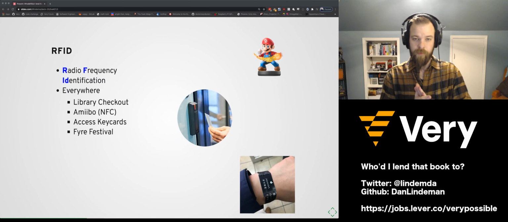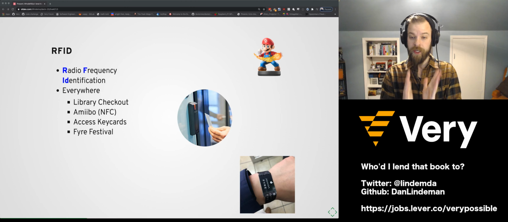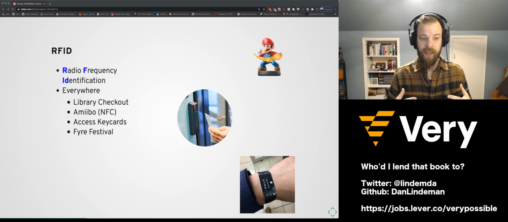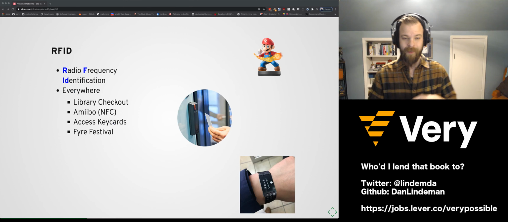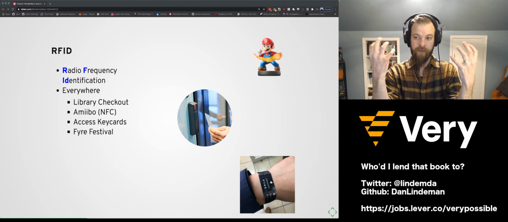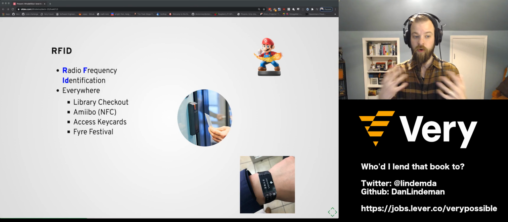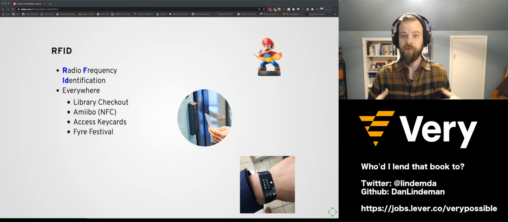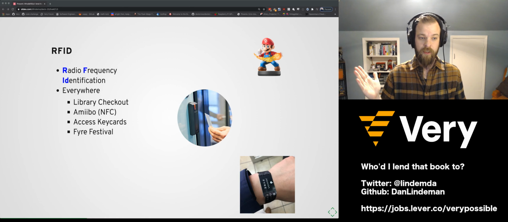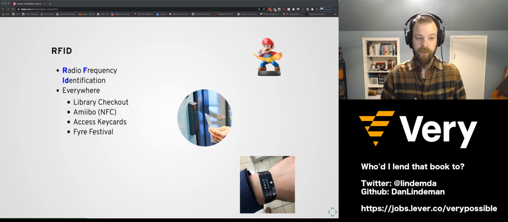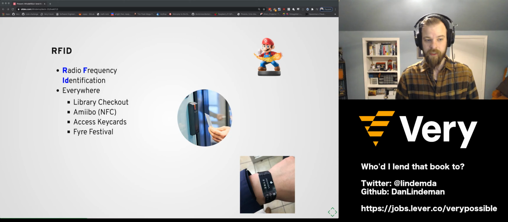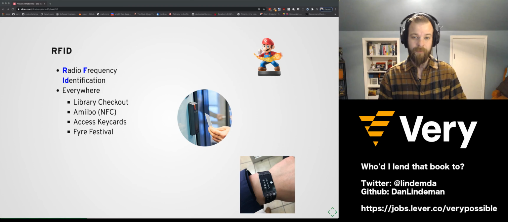All right, so before we get into this, what is RFID? RFID has a lot of uses, and it's not really that hard to invent one. Basically, if you have a thing and you have an ID and you want to tie those together, you're going to use RFID. It allows for contactless information passing using radio waves. There are several kinds of RFID, and they all have different characteristics. The one we're going to be using today is passive.